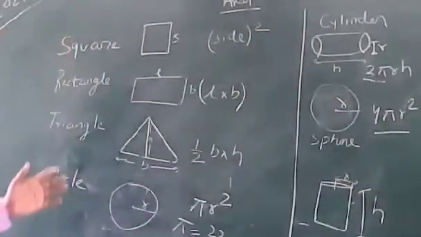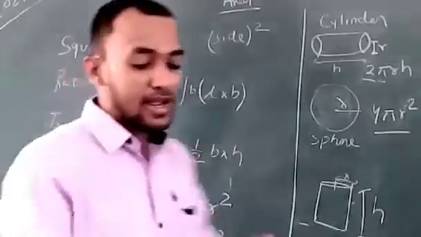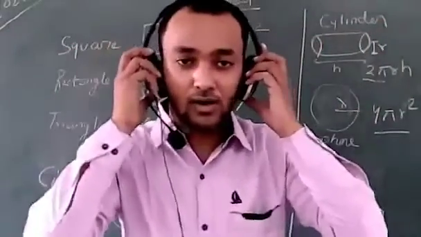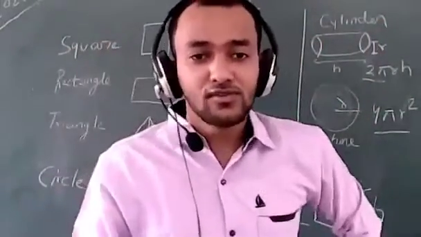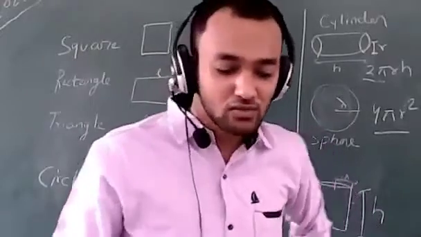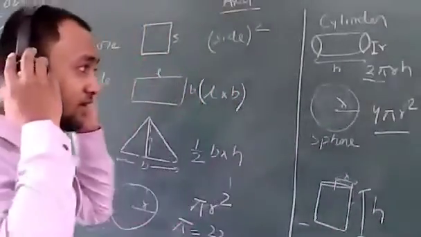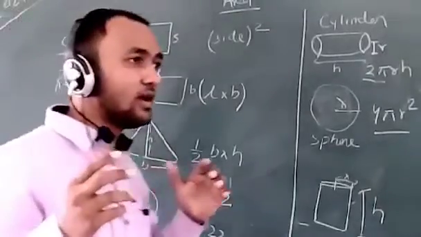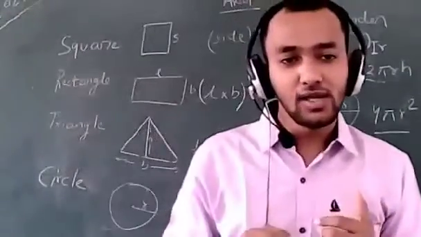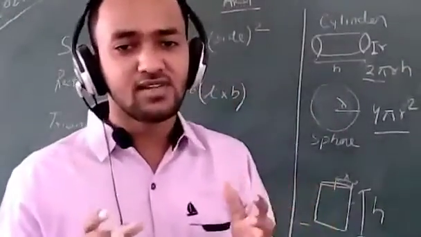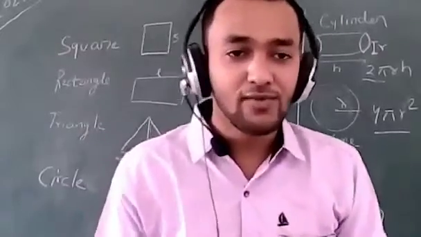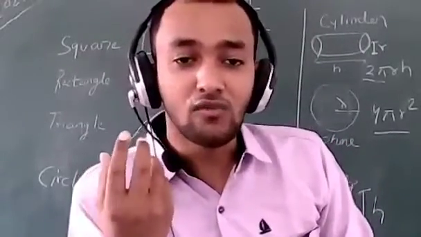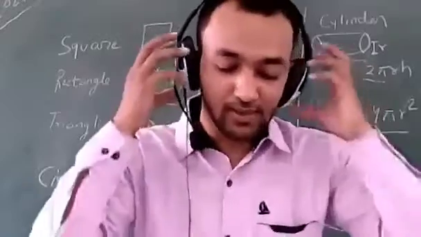So these are the areas of some standard shapes, and you have to find out the surface area of cone, it is like your homework. Okay, so we will move on with the measurement. It's all about the measurement of standard shapes. Now we will learn how to find the area of some irregular shape, just like a leaf having no standard shape. So we will learn how to calculate the area of an irregular shape. Okay, let's move on.